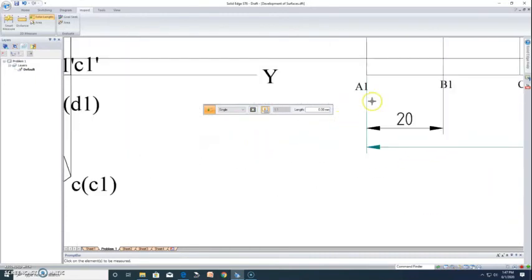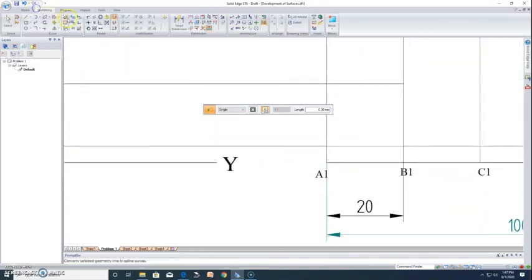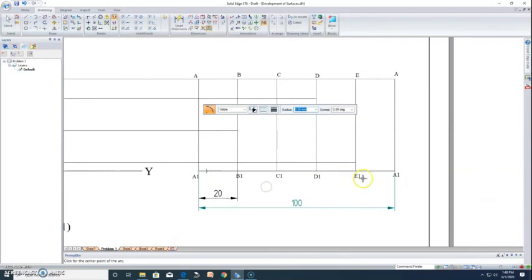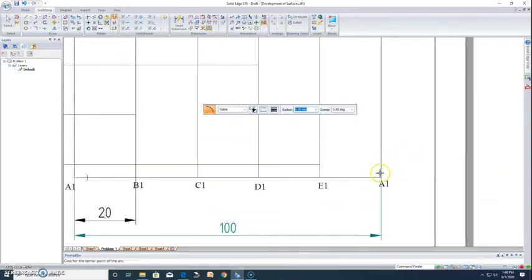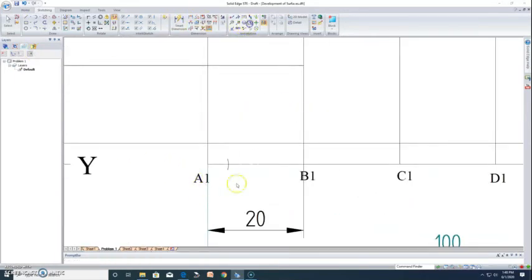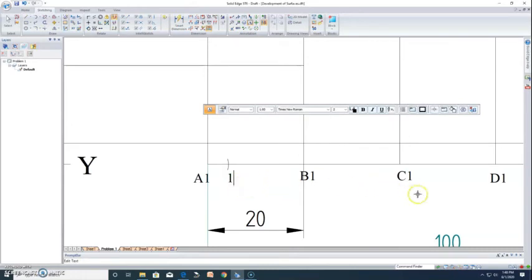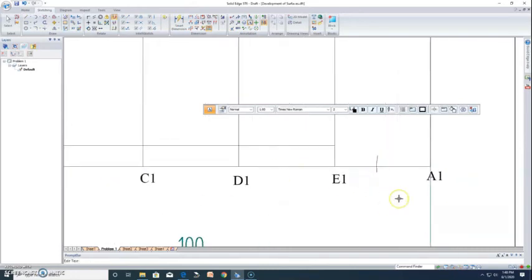So here between A1 and B1 I'm going to use the arc by center option. From A1, with a dimension of 4.32, I'm going to cut an arc. Similarly, with this as center and radius equal to 11.3, I'm going to cut one more arc. So these 2 points will now represent 1 and 6.